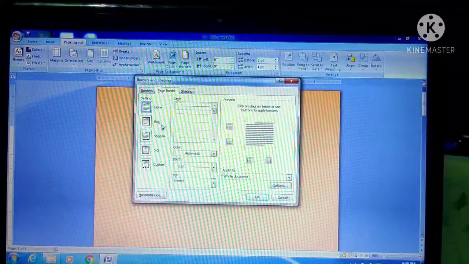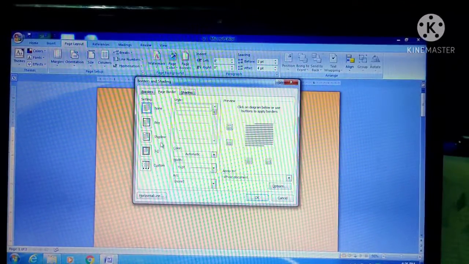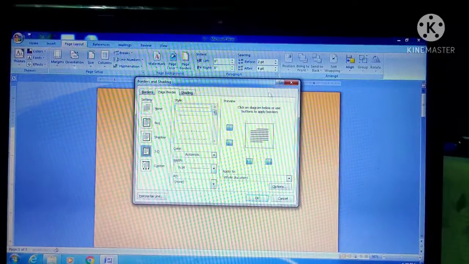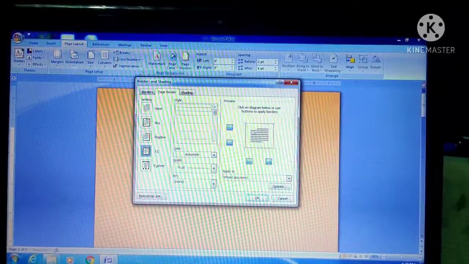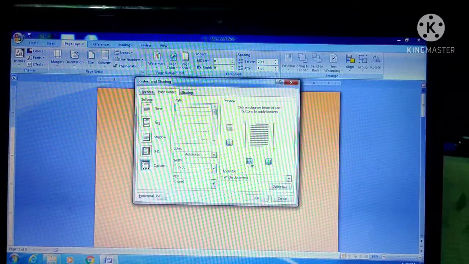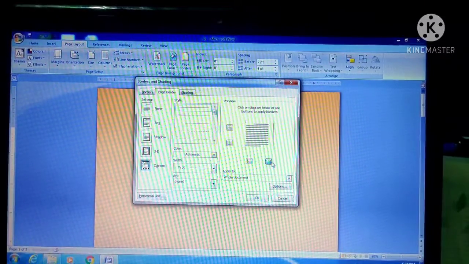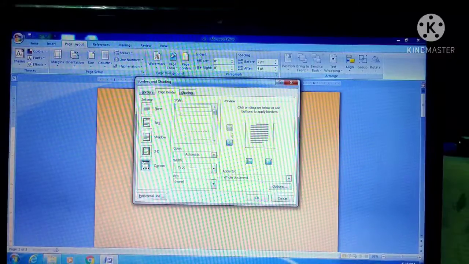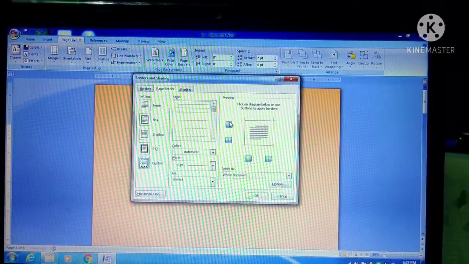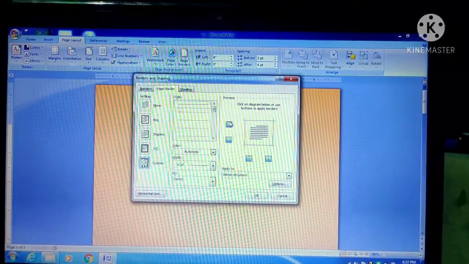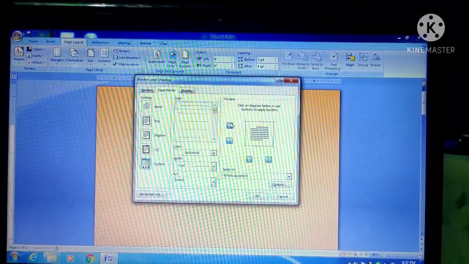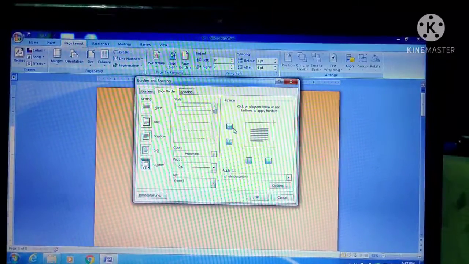After we click it, you can see here different page border settings. You can have a 3D border. You will just have to click on it. This portion shows you the preview of the border, how it is going to look on your document. From here you can add or remove the border. You can just see by clicking it is adding, it is removing. If you want the border, you have a choice that you want to apply the border to all 4 sides of the document, or 2 sides, or 3 sides, or just a single side of the document. So just clicking it will add or remove the border.